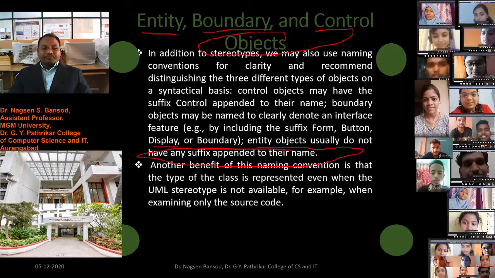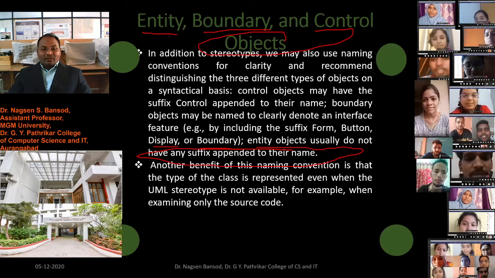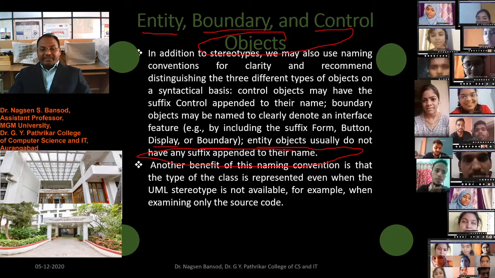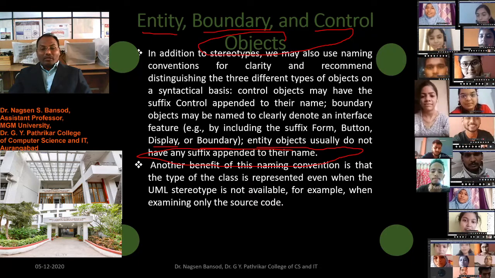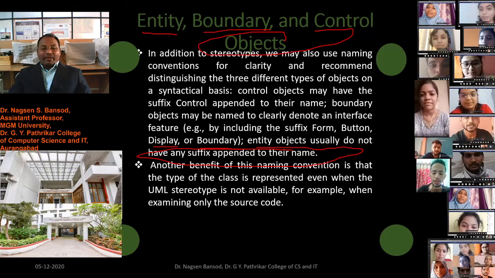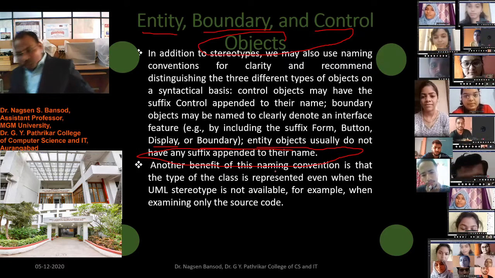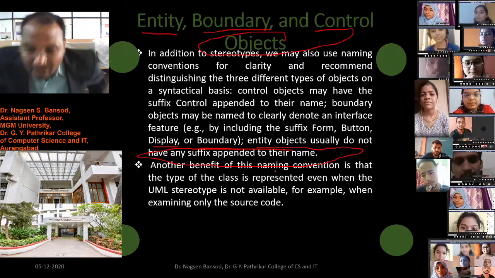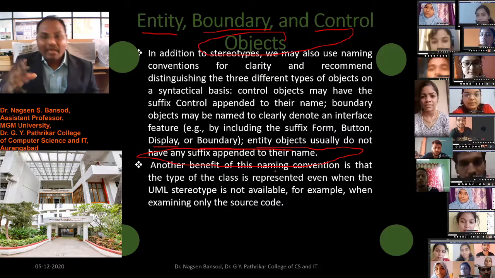Another benefit of this naming convention is that the type of the class is represented even when the UML stereotype is not available, for example when examining only the source code. Suppose you are a software engineer and you have software information for analysis purposes.